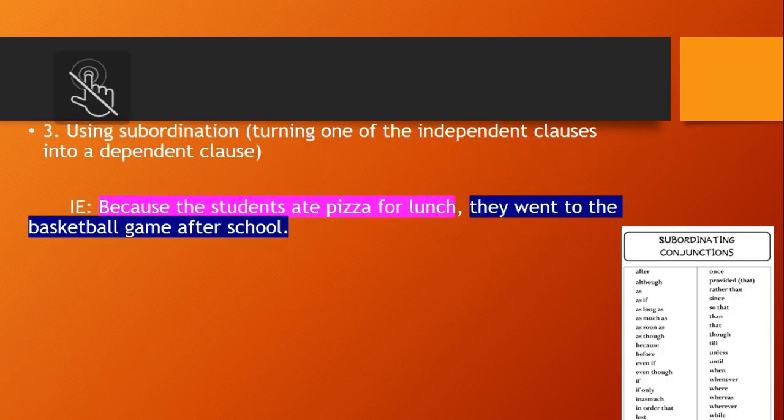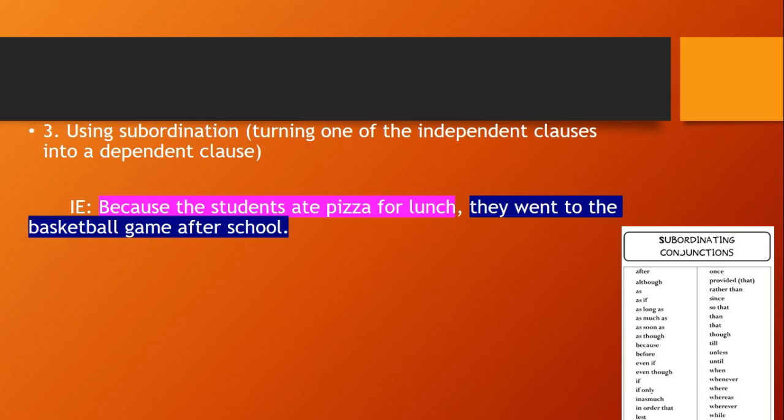The third rule for correcting a fused sentence is using subordination. In other words, you'll be turning one of your independent clauses into a dependent clause. Notice again, there's a list of subordinating conjunctions on the right-hand side of your screen. Now back to our example. In pink, you'll notice that we've used the word because, which is a subordinating conjunction. In other words, by using the word because, we've made our first clause into our dependent clause. And yes, you can start a sentence with because, but I will caution you to be careful when you start